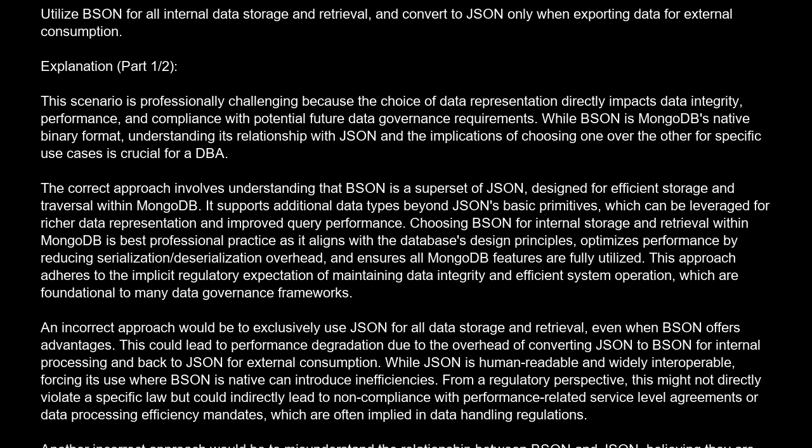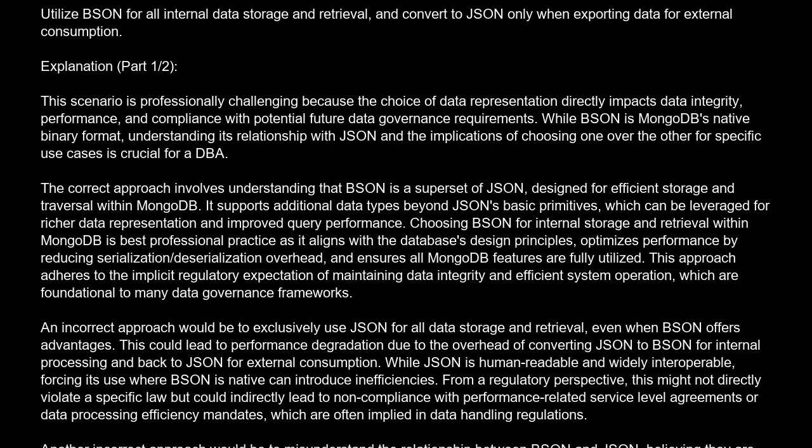performance. Choosing BSON for internal storage and retrieval within MongoDB is best professional practice as it aligns with the database's design principles, optimizes performance by reducing serialization/deserialization overhead, and ensures all MongoDB features are fully utilized. This approach adheres to the implicit regulatory expectation of maintaining data integrity and efficient system operation, which are foundational to